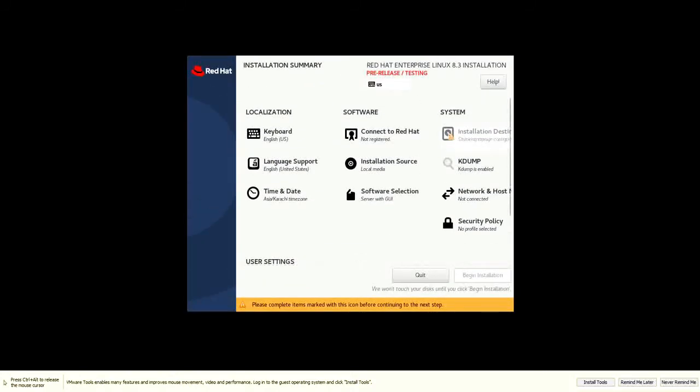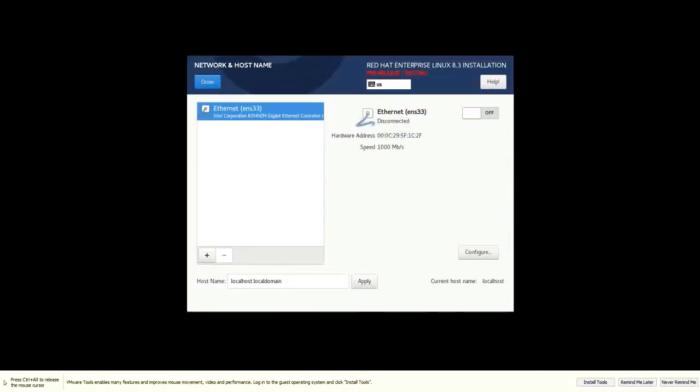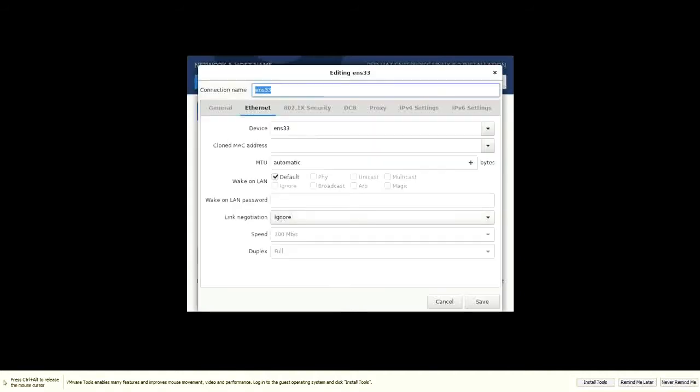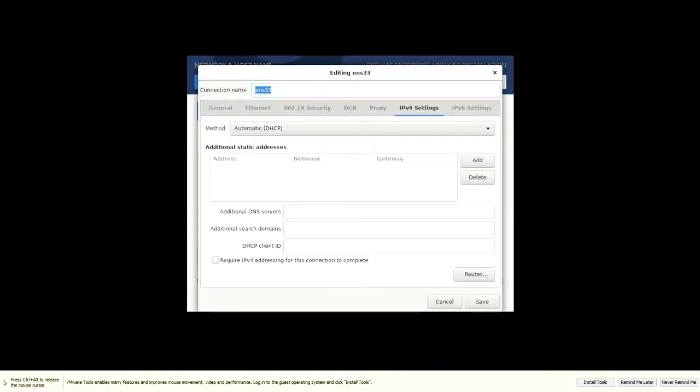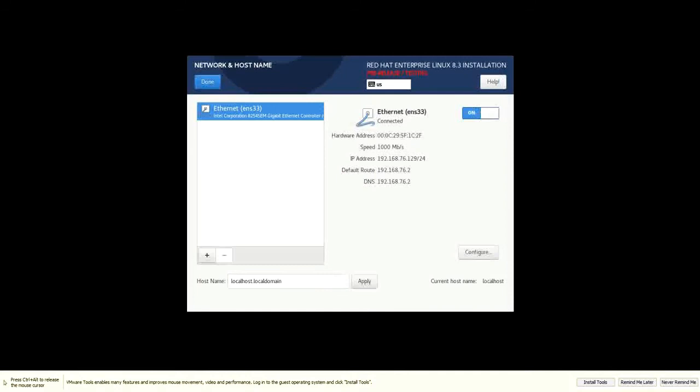Important network settings are required to be configured. From here, I will enable the network card. By default, it will get an automatic IP from my network with the default route to my PC. It is easy at first step. You can always perform manual setting by configuring. As you can see, the whole manual configuration in this GUI is available.